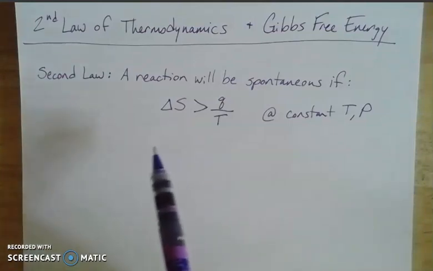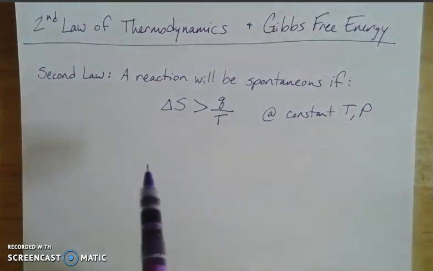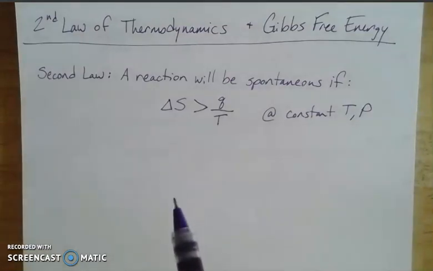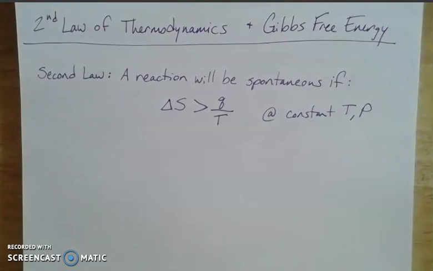And that makes sense, it jives with what we know about entropy, because we know that systems like to move towards disorder. That's the lowest energy kind of configuration, to have energy more dispersed throughout the system. So delta S being positive is a good thing because it's measuring a greater disorder at the end in the product side compared to the reactants.